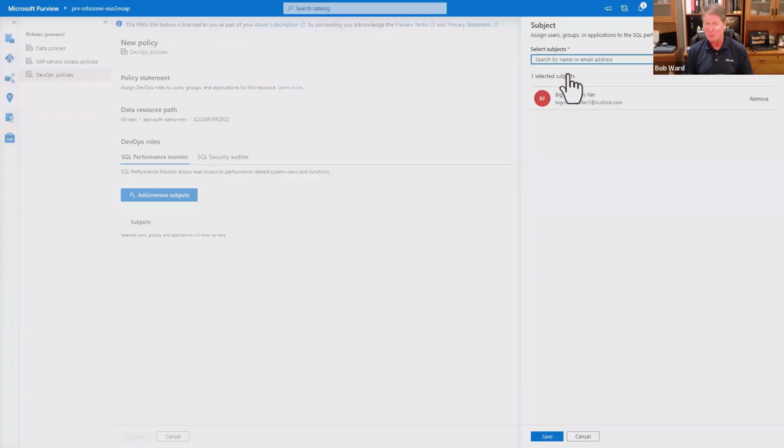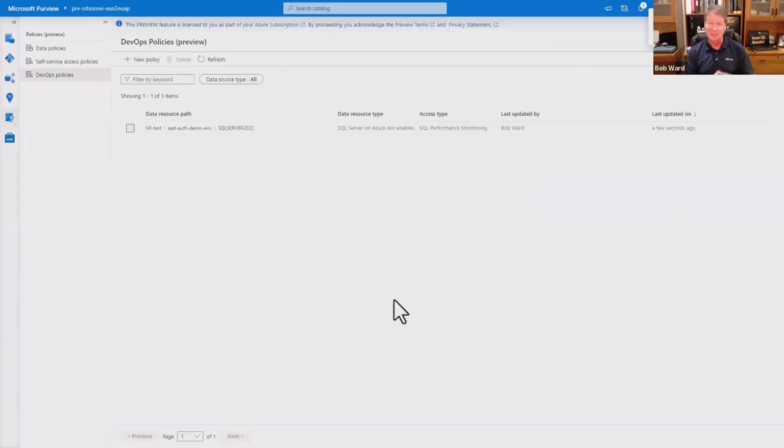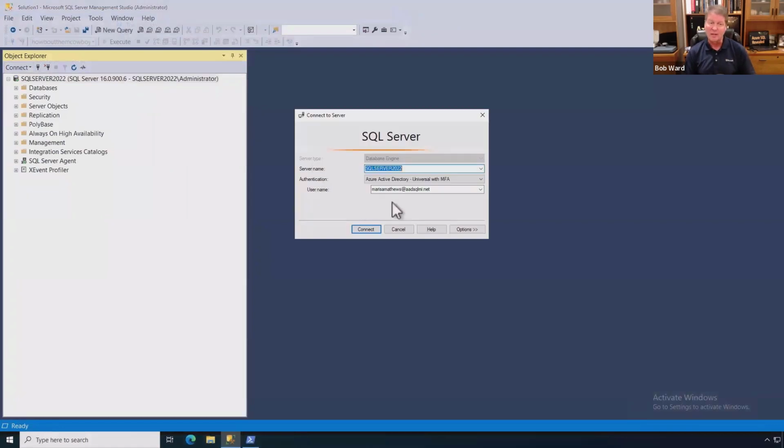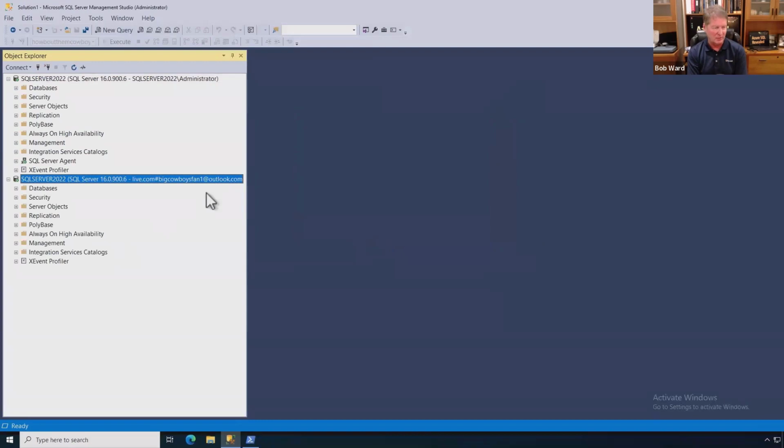Let me select that. Now I'm doing performance monitoring only, which is like DMV queries, for example. I will go search my system and search for the guest account that Ajay is. Turns out he's a big Dallas Cowboys fan. So I'll pick that. That's his Outlook account. Notice it's not my AAD tenant account. I'll pick that, hit save, and then I'll just save the policy. For a DevOps policy, I don't have to publish it. So in this particular case, since this has been done, I can go back to my SQL Server, and if I need to, I can refresh, but I've already refreshed in this case. So I'm just going to try to connect as this guest account.